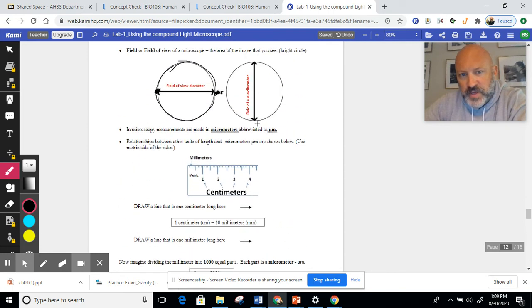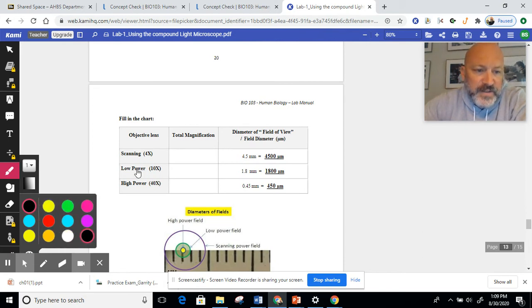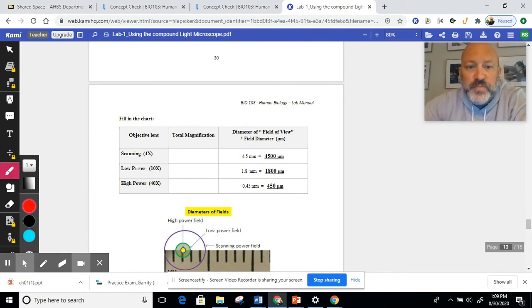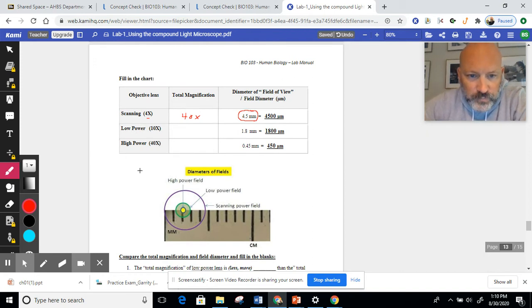But if you were to do that, you would find that in the red scanning lens, the total magnification, which is 4x when combined with the eyepiece, is 40x, right? You would measure that this lens shows you about 4.5 millimeters. So it would look like this. This is from here to here